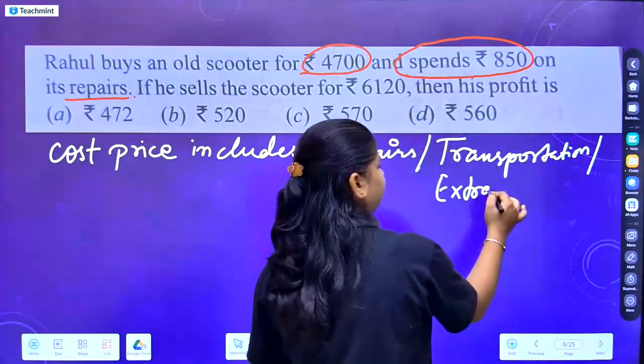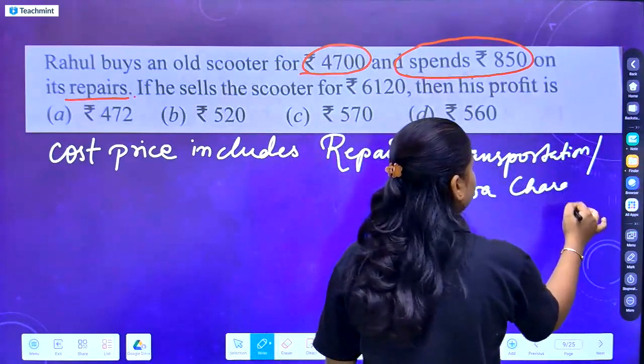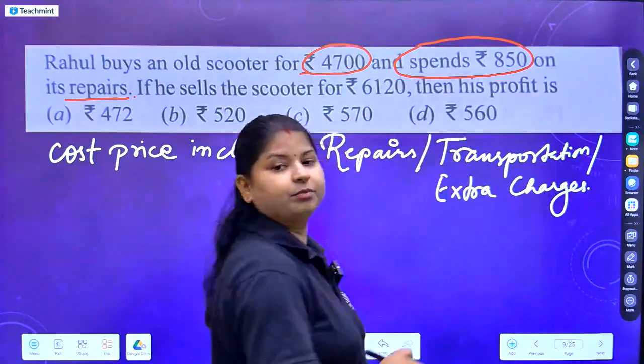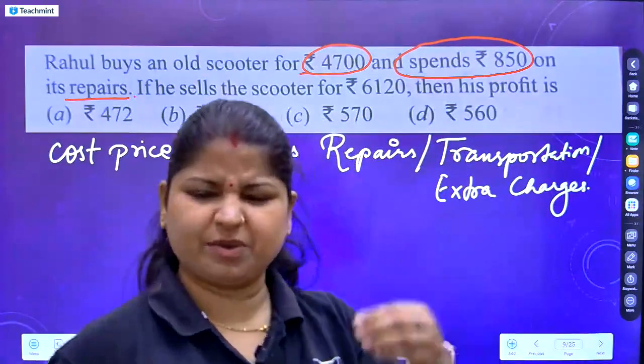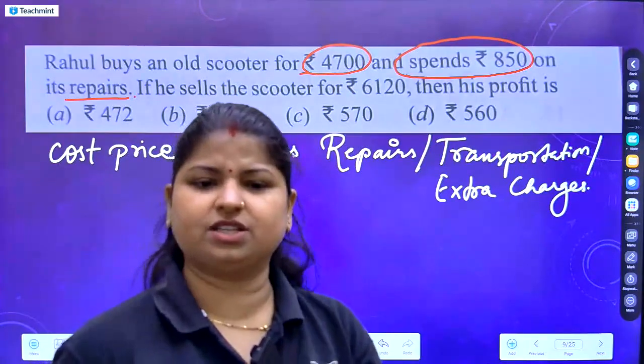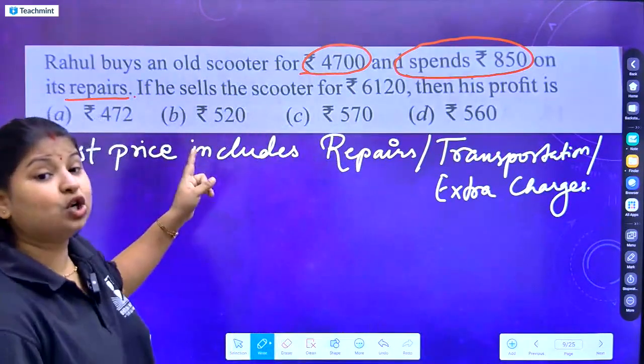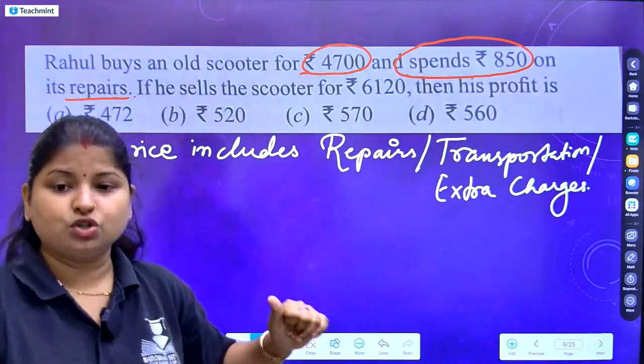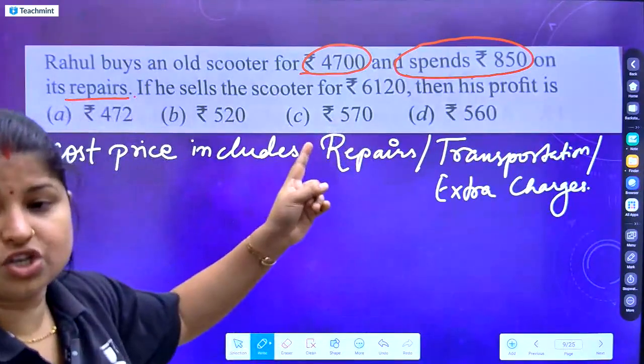Whatever extra kind of charges you take before selling it, if you have some repairs, transportation, lodging charges, whatever extra charges you have, that is included in cost price. So for this question,